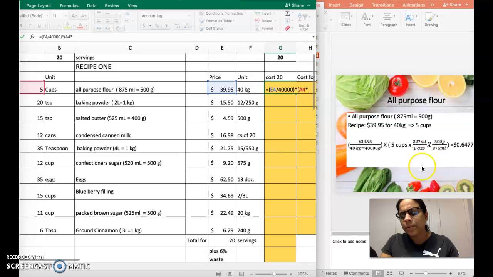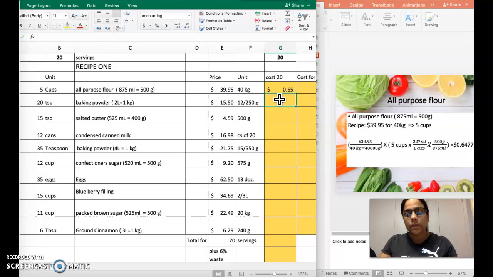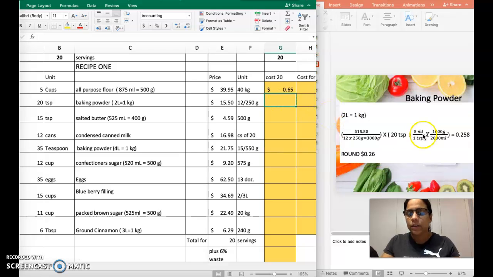You know that 1 cup gives 227 ml, times... they give us that 500 grams equals 875 mLs. So here, to cancel, you need something mLs equals something grams. So you can cross cancel the cups. So 227 times 500 divided by 875, 65 cents. The next one is baking powder